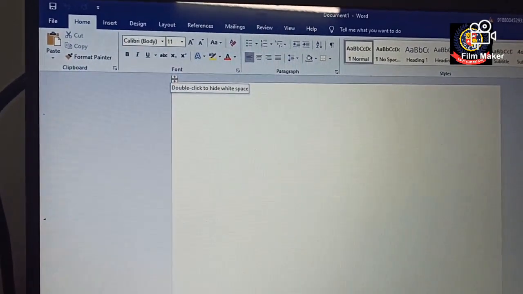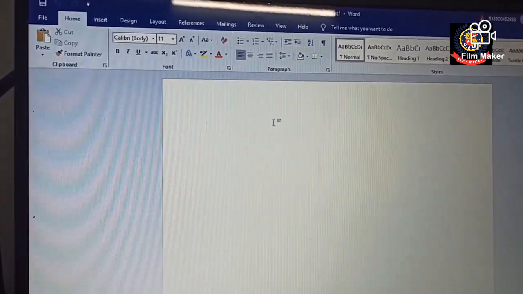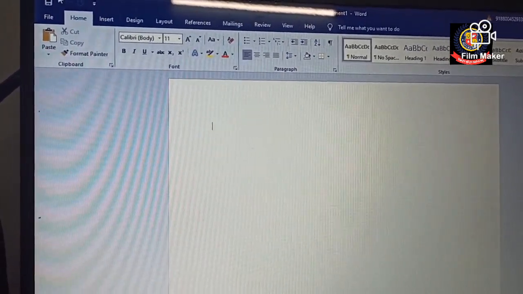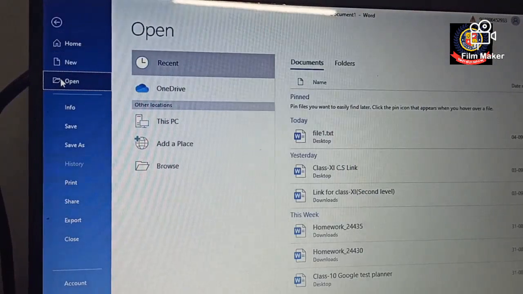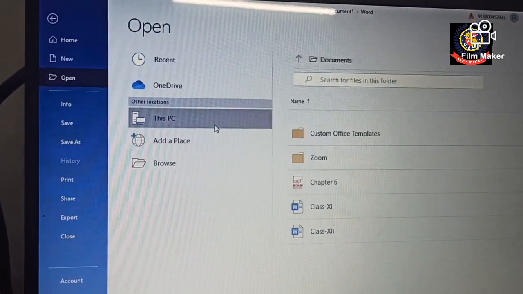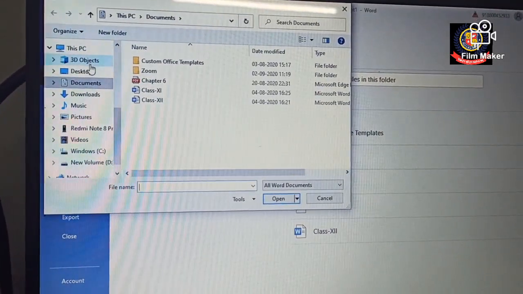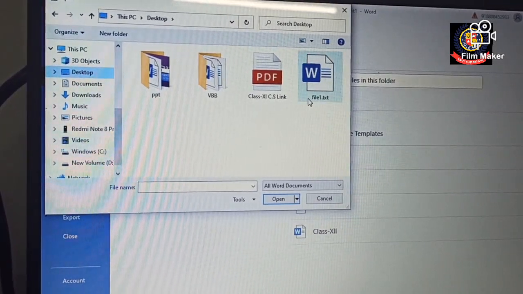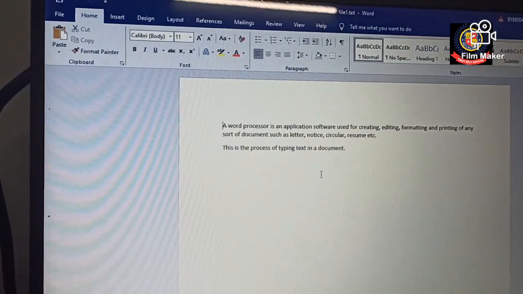Yes, like you all can see here, I have opened this MS Word file, although this is a new blank file. Now I'm going to this file option. Here I'm getting the option for open, so I just have to click. Then you need to select the location wherever you stored the file. I have selected this PC, then I stored my file on the desktop, and this is the name of the file, that is file1.txt, and then I select and click.